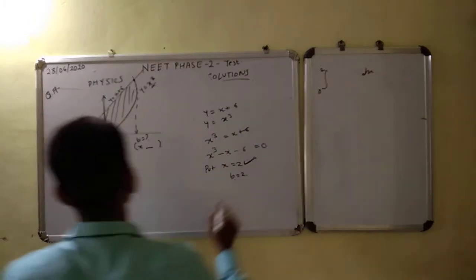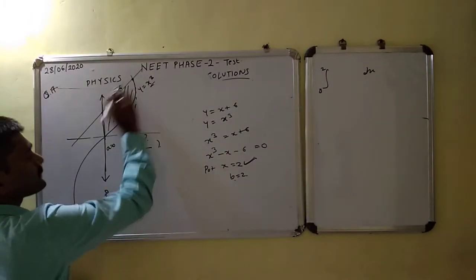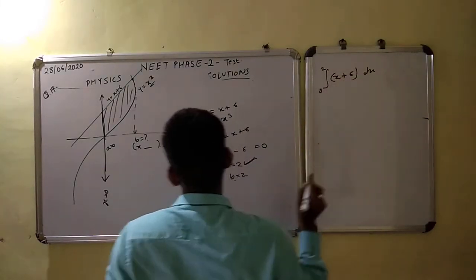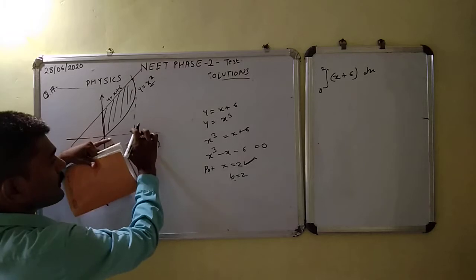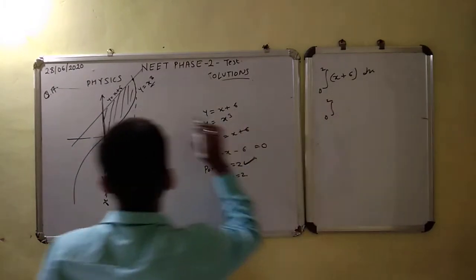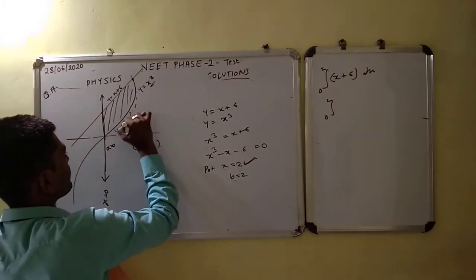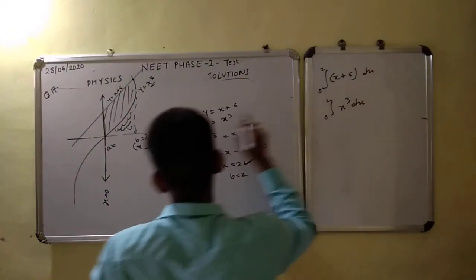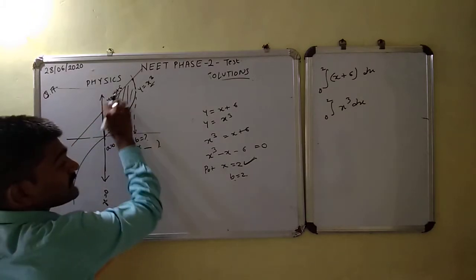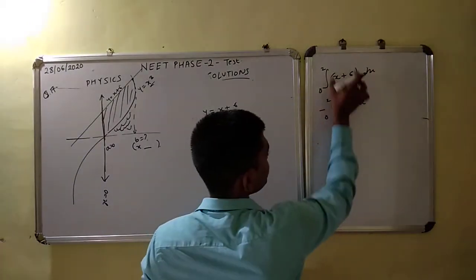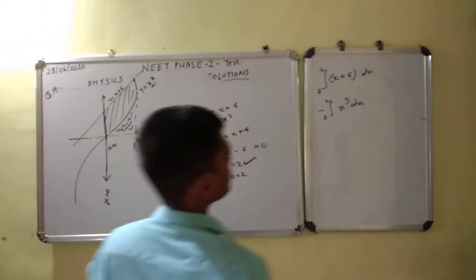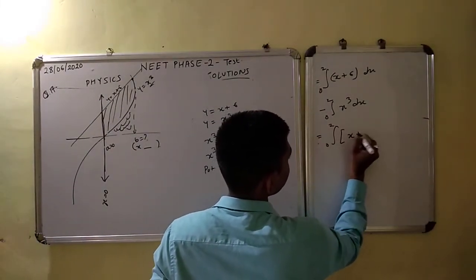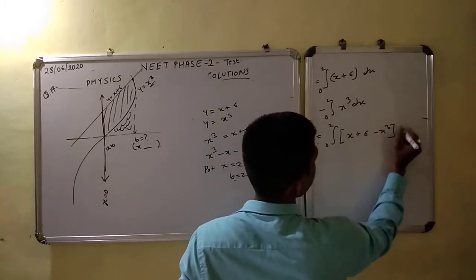Now what is the term that is to be integrated? First we have to integrate x plus 6, y equals x plus 6. That means the area under this curve will come. Then we integrate x cube from 0 to 2, and the area under that curve will come. Then we have to subtract this big area minus this small area, and then you will get this answer. So this area minus this area, understood? That will be the answer: the integral from 0 to 2 of x plus 6 minus x cube.